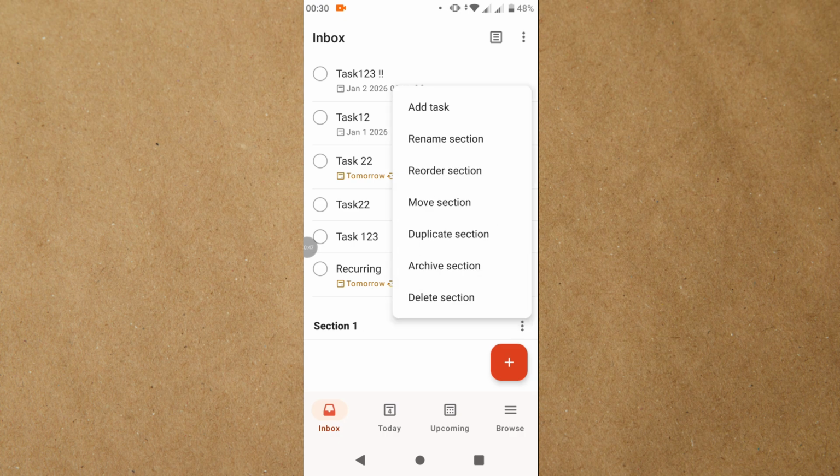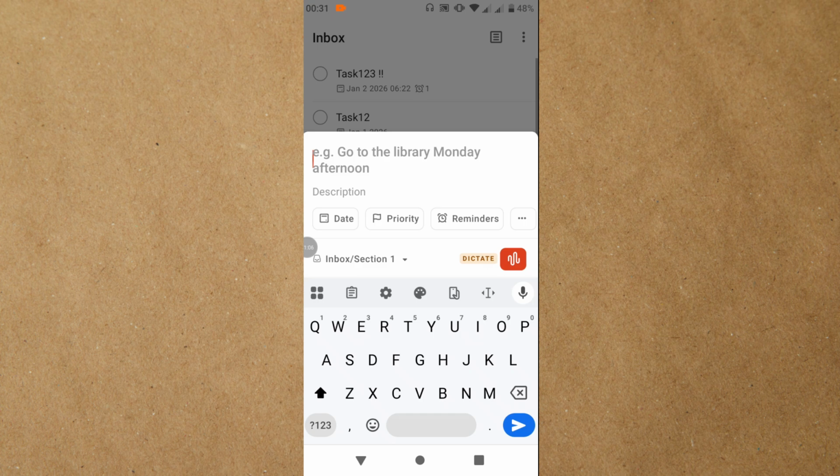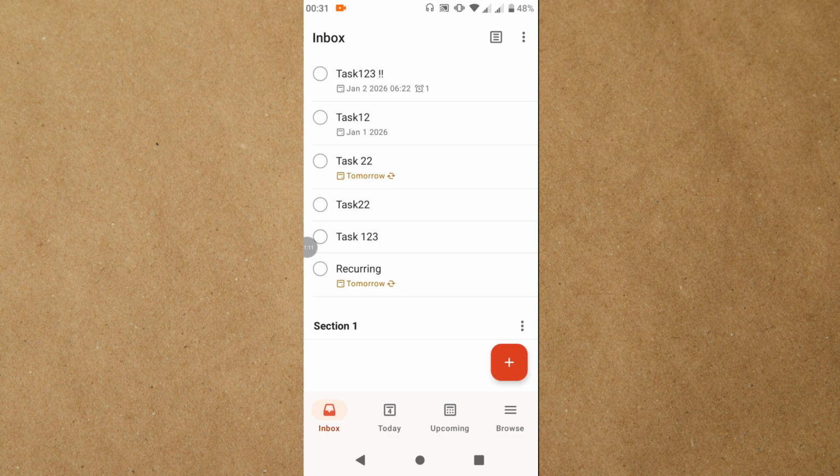or into these three dots and, for example, add tasks to that section, so that you may have, for example, tasks from a specific category like, I don't know, sports, or fitness, workout, or social life under one category. So tap into add task here, and then you may create a task and add it to your section. Of course, you can move your tasks to the section as well, tasks we have already created, if you like,